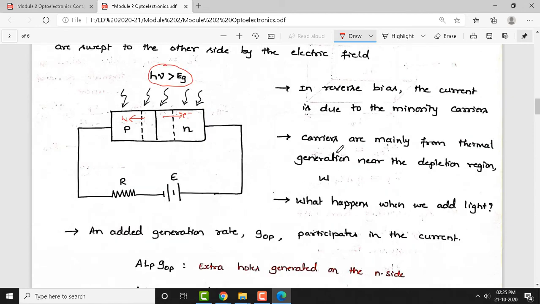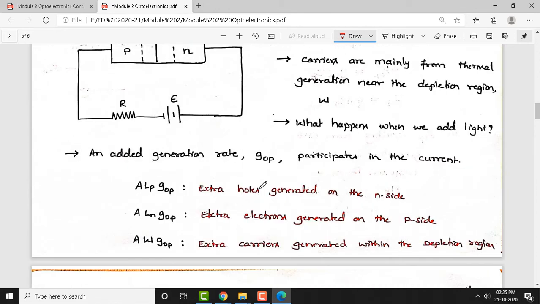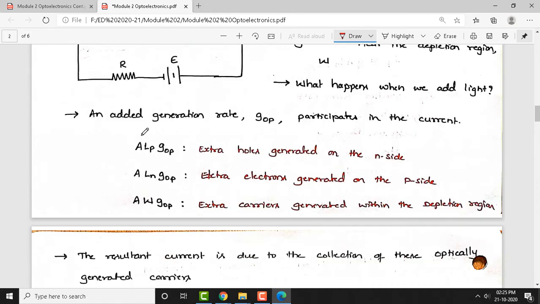Okay. Now, let us see how we can use this. To keep the entire circuit under reverse bias, we need to connect a reverse bias here, but for solar cells we need not connect it, because the junction itself will power the external circuit. But for remaining devices like photodetectors, we need to have this photodiode connected under reverse bias condition here. Okay. And let us have a look at this terminology here.